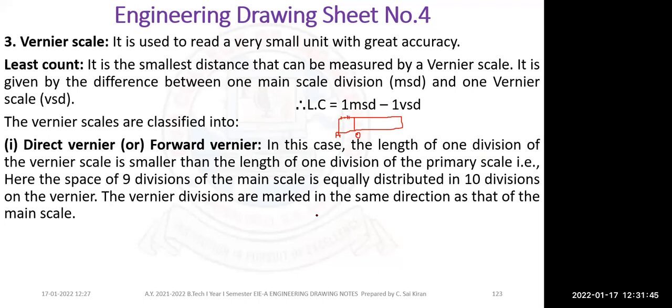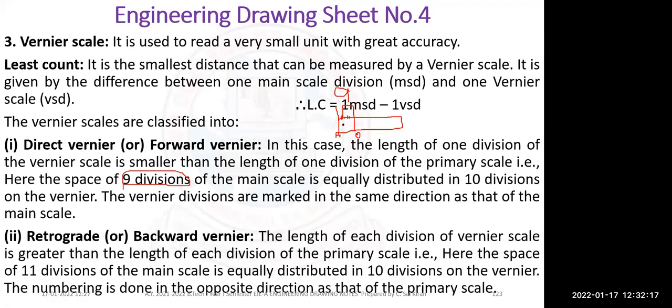So in the forward Vernier, what we do is, this is my 10th point, this is my 9th point. So I will add one more scale called Vernier scale from 9th to 0. That is called my backward scale. So total how many divisions? Here we have only 9 divisions. If we are making 9 divisions, it is called forward scale. And similarly, if you are using the backward scale,